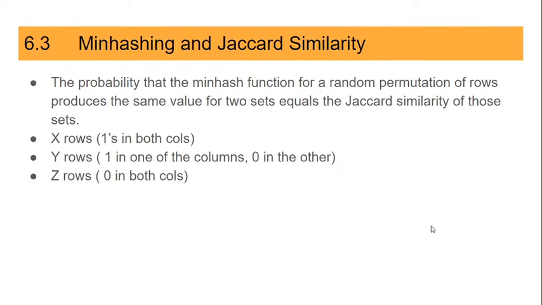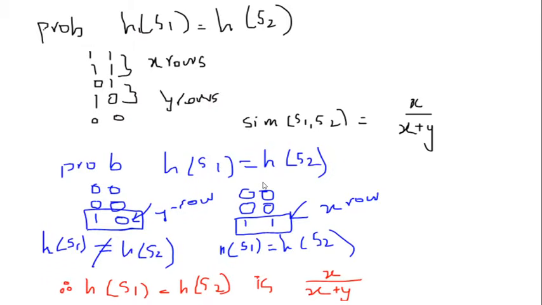So let's talk about min hashing and Jaccard similarity. The idea is that min hashing should provide results similar to Jaccard similarity, even though it's smaller, but it should still reflect the same similarity. Some terms that we use are X rows, Y rows, and zeros. X rows are wherever there are ones in both columns, say the S1 and S2 sets, and they both have the element, so we give them both 1s. Y rows are wherever there's a 1 in only one of the columns. Zeros are wherever there's a 0 in both columns.